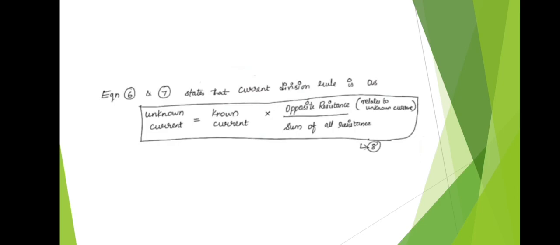Now we are going to summarize all topics. Series connection is nothing but the connection which makes end to end, which makes the path in a single way. Hence current will be same, voltage will be different. Series resistance RS is nothing but the sum of all resistance R1 plus R2 plus up to Rn. Voltage division rule is nothing but unknown voltage is equal to known voltage into same resistance divided by sum of